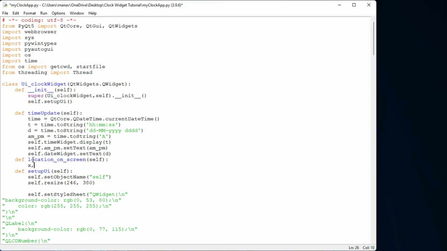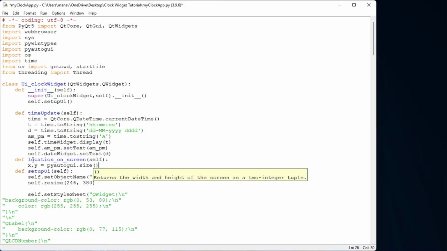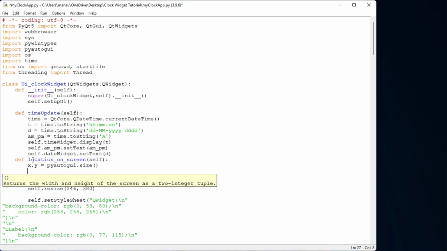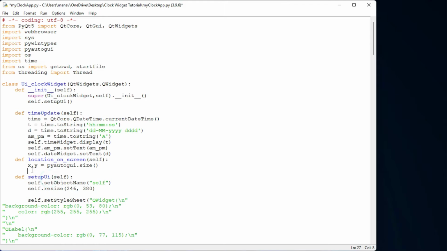So I'll use the X and Y, that means the height and width of my screen. So I will use PyAutoGUI.size, and it will give my screen size here. Next I will get our window size, which is this one.